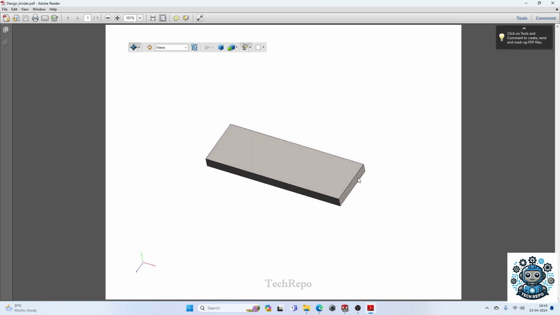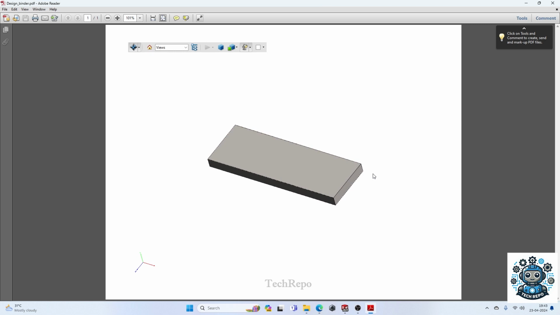You can rotate it. There are other features that you can use in this 3D PDF. You can create sections of the model. In case it is an assembly, you can also see the feature tree that we see in SolidWorks. You will also be able to hide specific components, and that is why this is a very widely used and